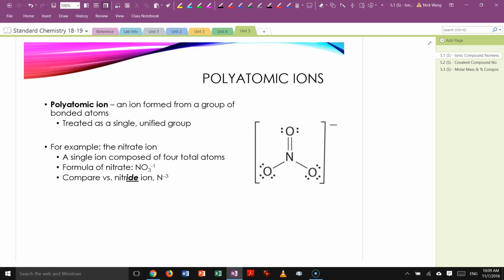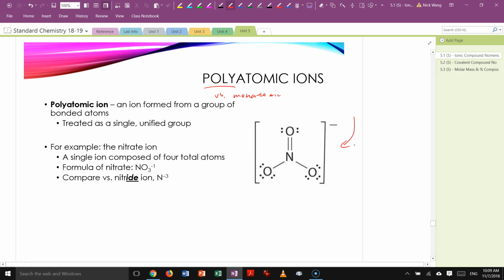Now, let's make sure we draw a quick comparison here. The other kind of ion, at least in this regard, has been monatomic. So let's compare that to monatomic ions. These monatomic ions would be like having a single ion, represented by a single atom. But polyatomic ions are ions where you have multiple atoms bonded together,